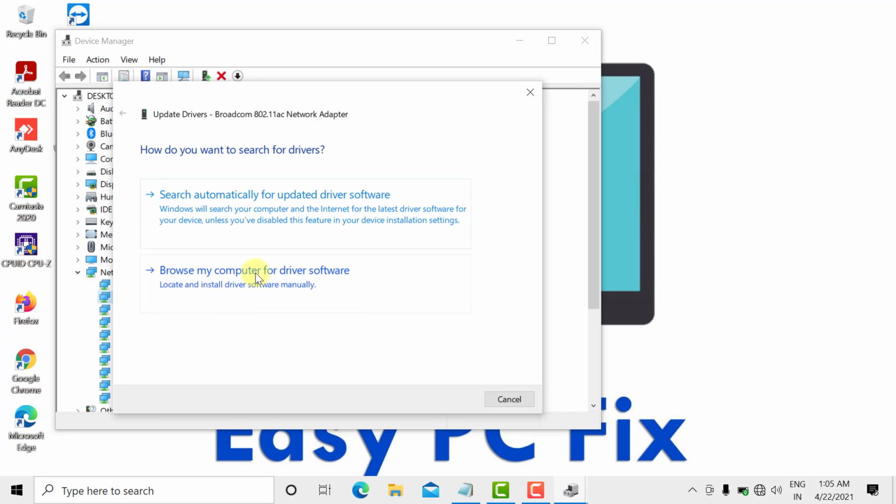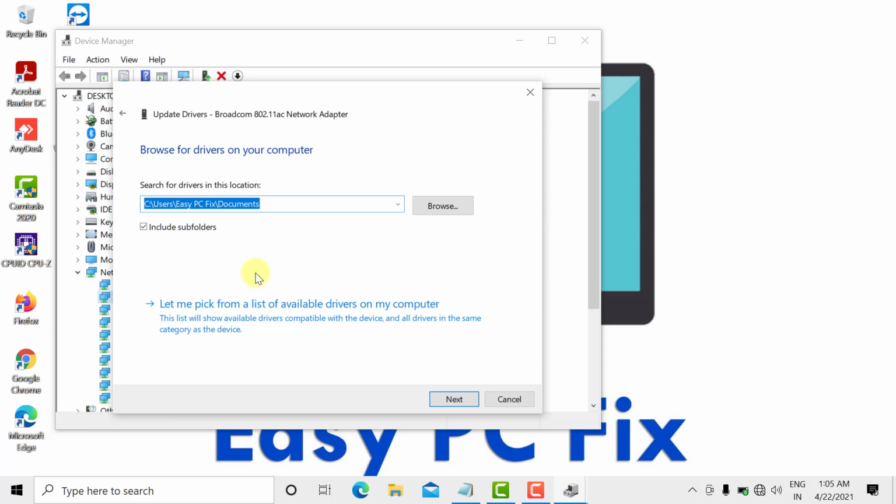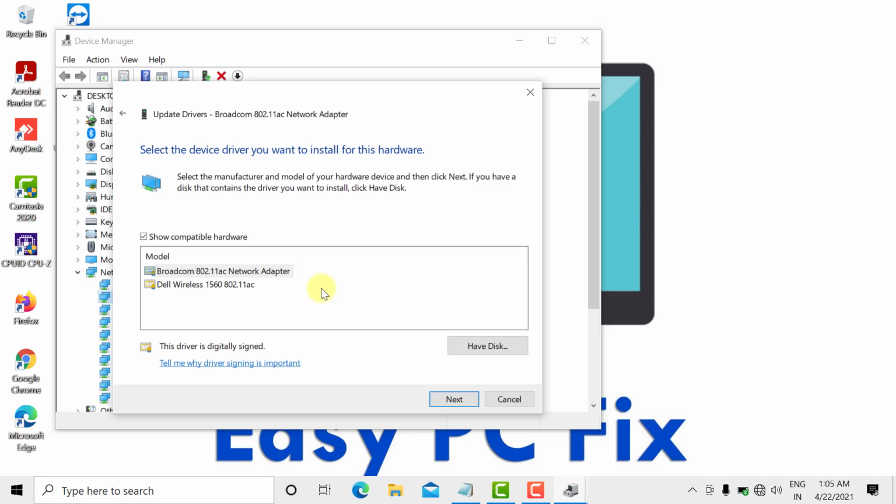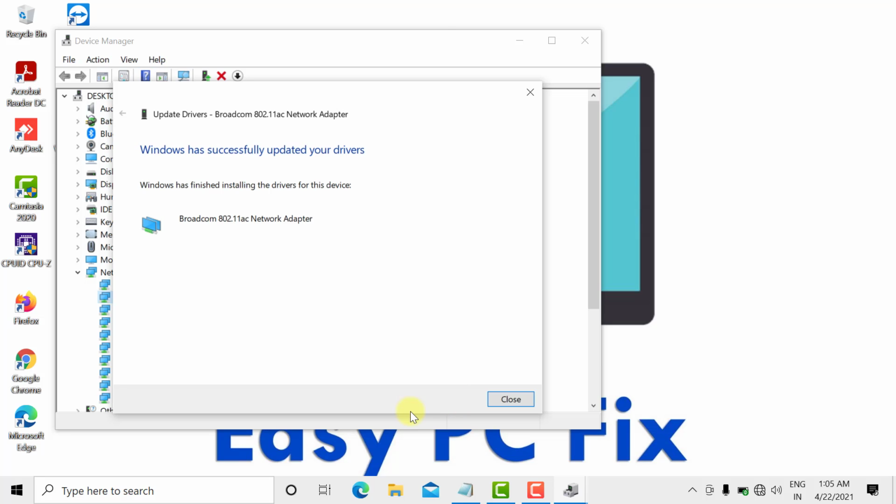Click on Browse my computer for driver software. Now click on Let me pick from a list of available drivers. You can see the list of drivers. You have to select the first one. Now click on Next. As you can see, the driver has been updated.